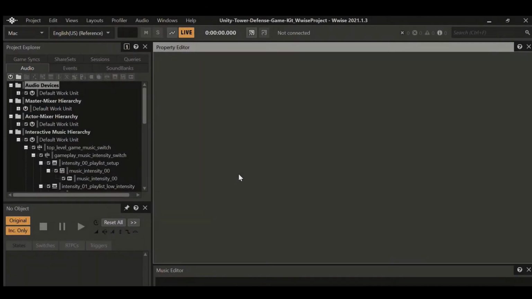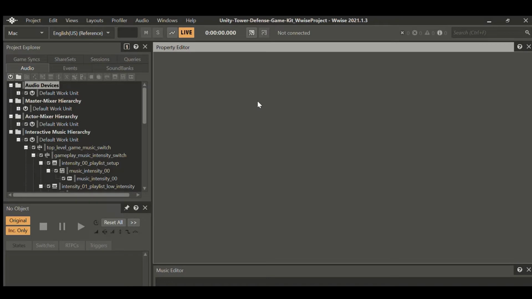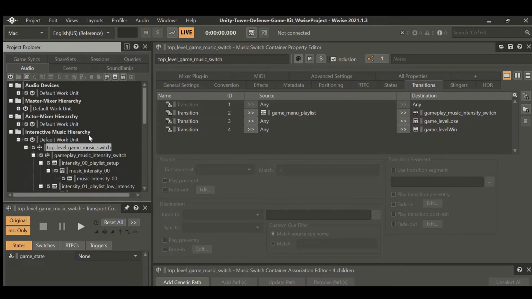Okay, now we played the game the whole way through, and what I'm going to show you next is how I used Wwise in order to put the music and sound effects that I created into Unity. Not all of the sound effects were mine, I admit, but I did put in a couple, and I will go through those. So to start off, in my Wwise project, I've built up this top-level game intensity switch, and